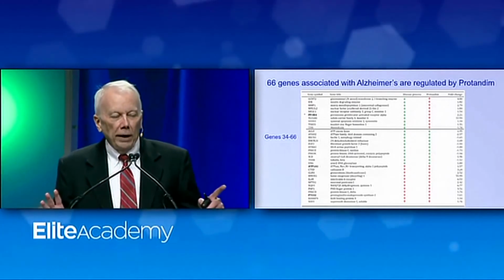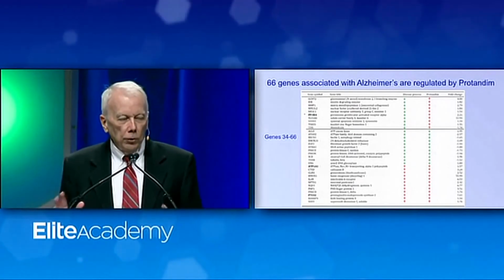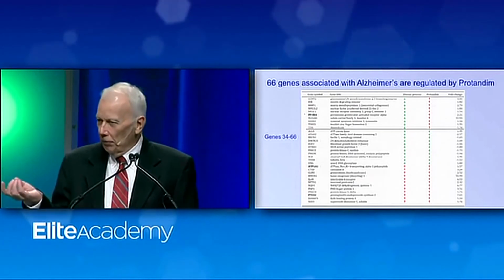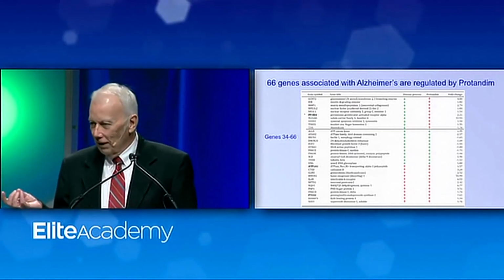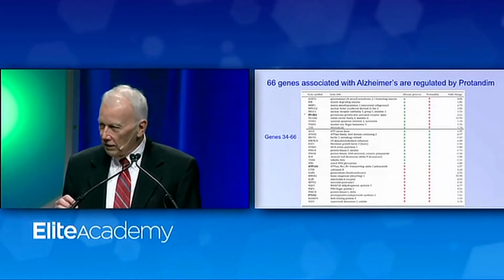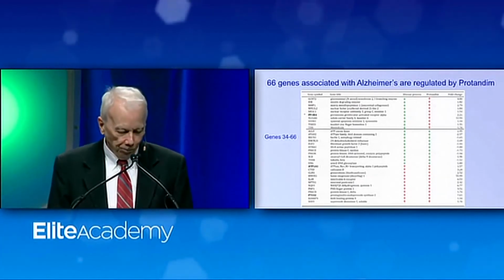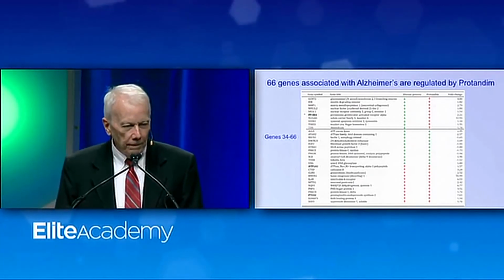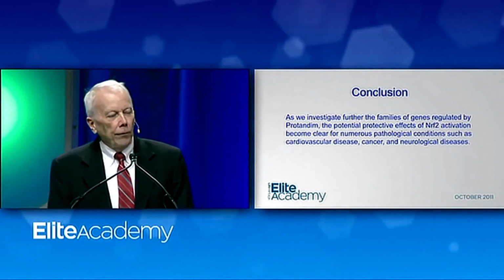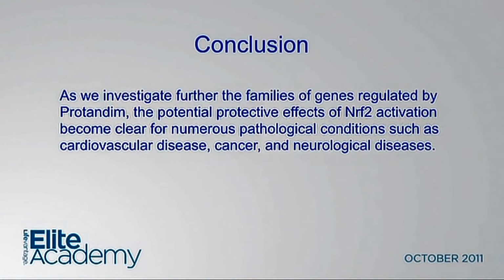So this is a way, with the help of a very powerful computer analysis program, we're able to look at what Protandim does. I've shown you 3 sets out of maybe 200, and we're going to work our way through most of that data. And we're going to eventually know what virtually all of those 3,000 genes do, which diseases they're associated with. It's not going to be a black box. So as we further investigate this, the families of genes regulated by Protandim, the potential protective effects of NRF2